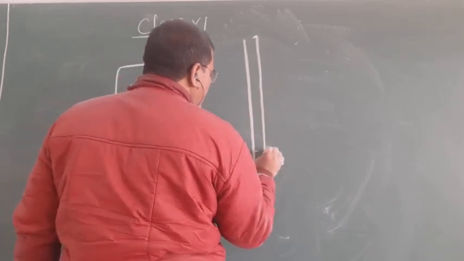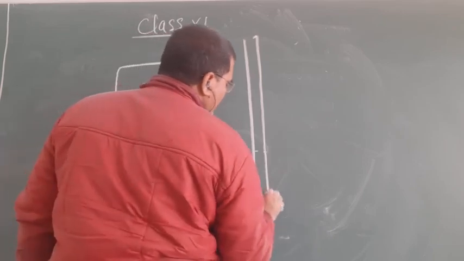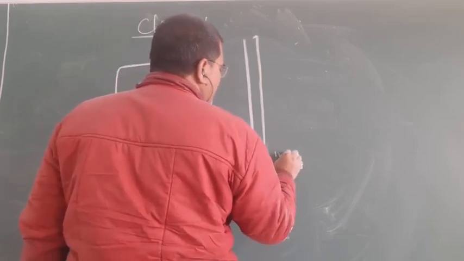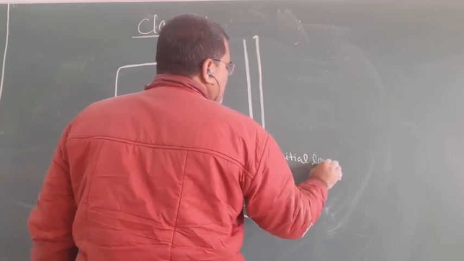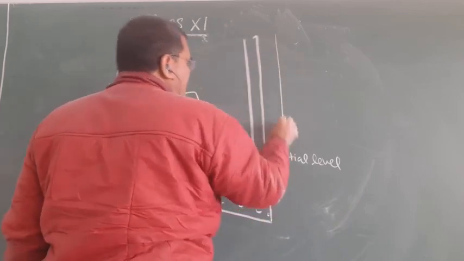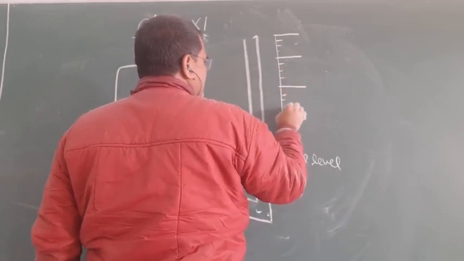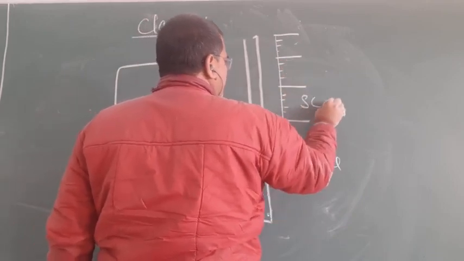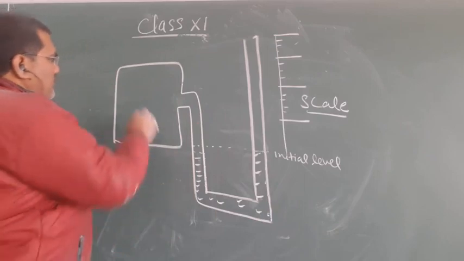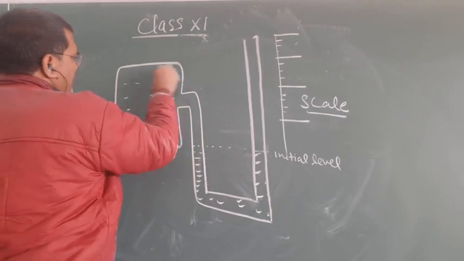Some liquid is filled up to a height as shown in the figure. This is the initial level. The scale is attached here. If we have a gas